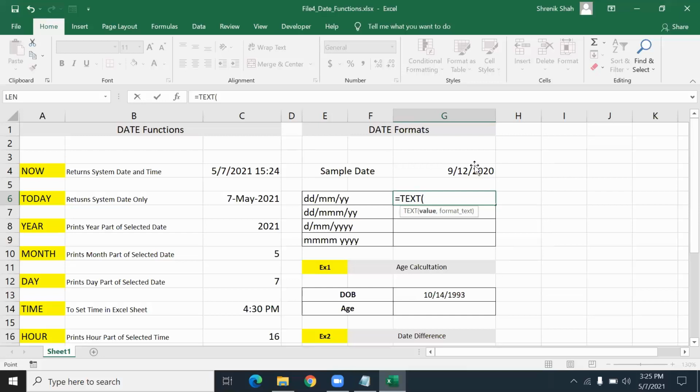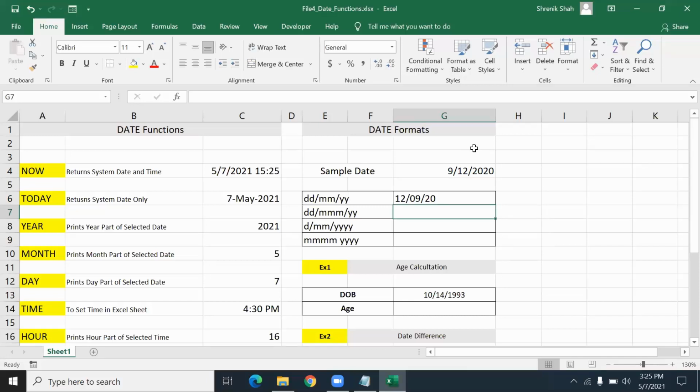So let's select this date and after that, in double quotes, specify the format. Now see what happens. I complete the round brackets as well. I added the double quotes here. As I press enter, Excel shows me the format 12/09/20. So that YY is 2020, only the last two digits.